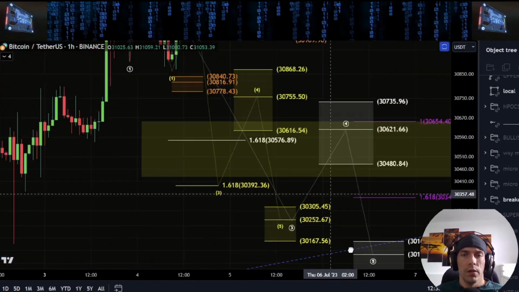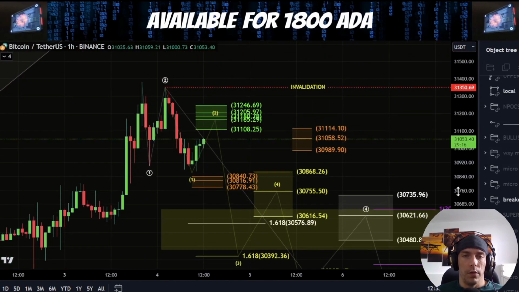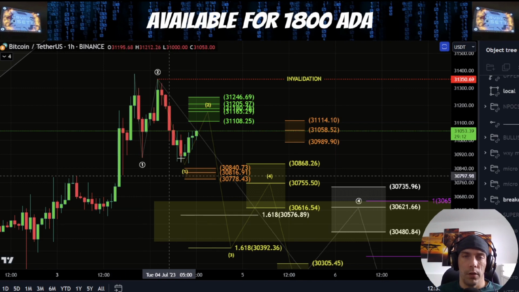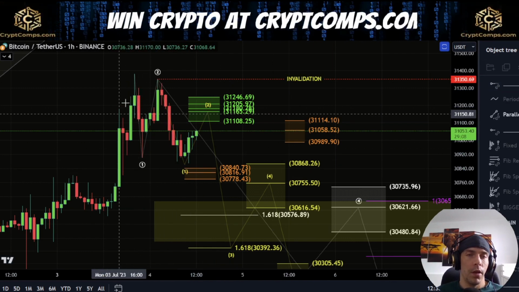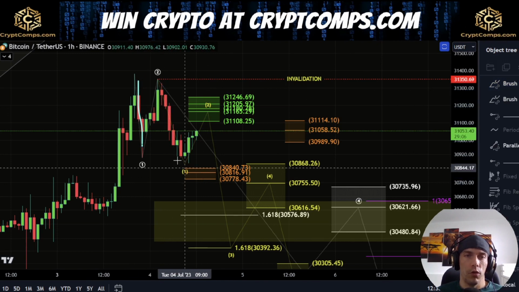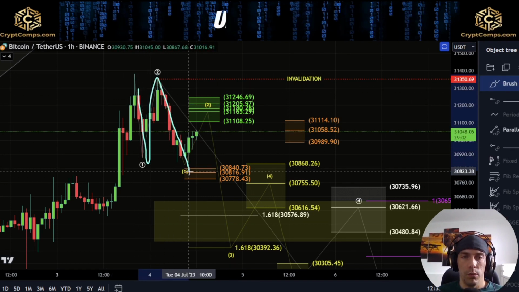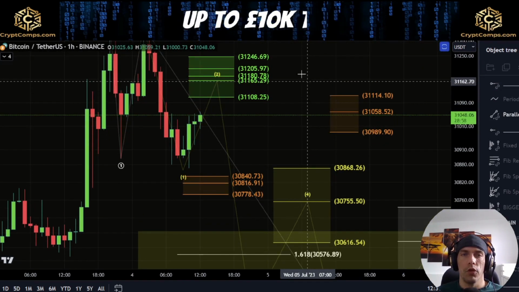So some of these targets can move, but what I'm looking for here is the idea that within this count, as long as we hold this 31,350, what we have is a 3-wave move down, but we do have 5-wave structure in this. So potentially what we could actually see is that this is 1, 2, this is 1. We're looking for a bigger wave 2 here, where we could actually look to push up towards this